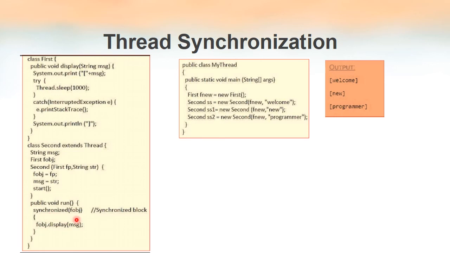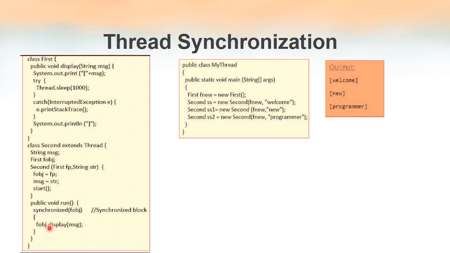This is the syntax that we saw in the first, second or third slide of this video lecture. Here, as you can see, the word synchronized is used, and we have mentioned what is locked here. It is fobj, that is, the object of the class First. So now this block is actually locked. It's not the entire method, only one line of code inside a method. In this method there is only one line of code, but generally a synchronized block means we're locking only a portion within a method or a class, not the entire method as a whole. So here we are locking a single line of code.